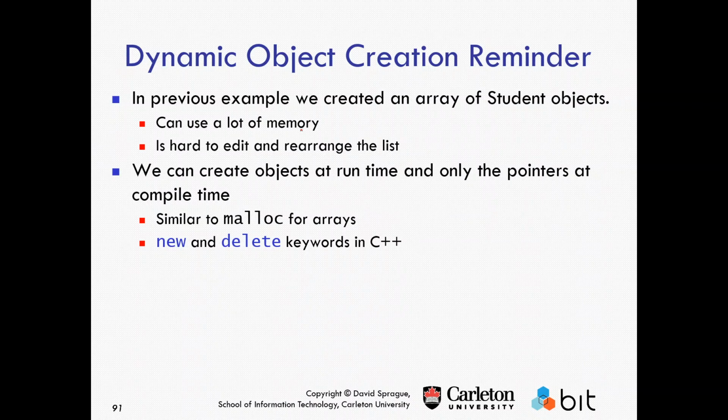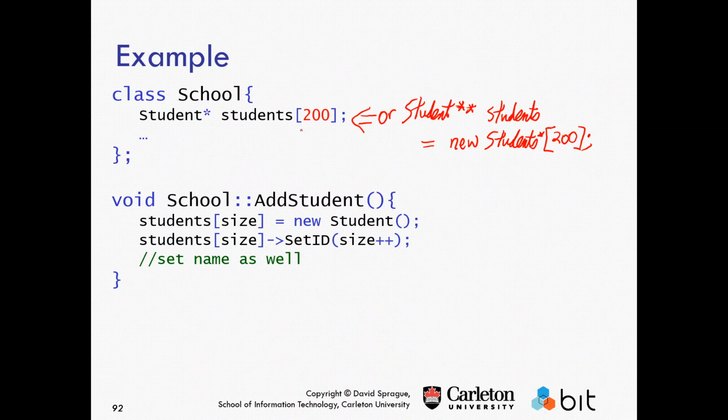And similar to what we did with malloc, we need new and delete. We've sort of skirted around the issue of what new and delete are, but let's deep dive into it. That's new stuff for C, or sorry, for C++. Instead of malloc and free, we have new and delete. So here is me making a dynamic array of 200 pointers to students. So I have a pointer, two pointers. It looks like